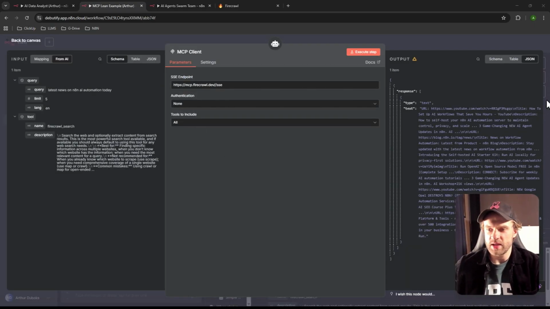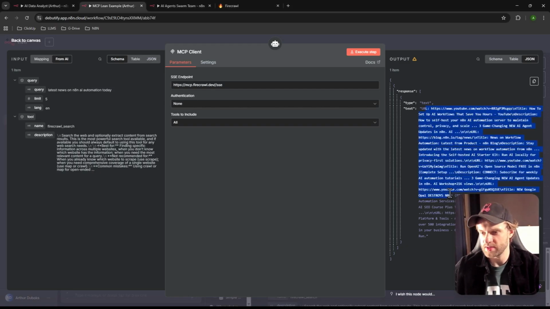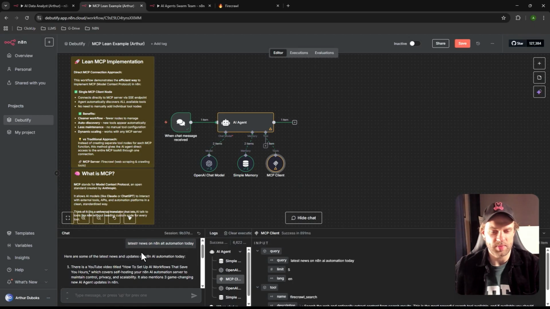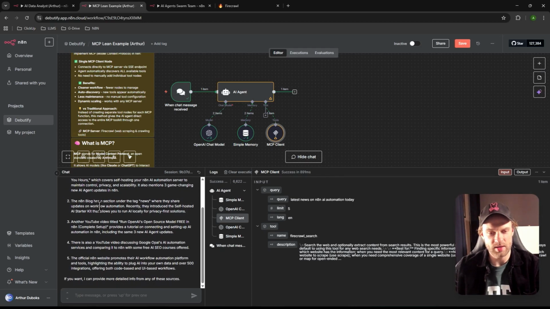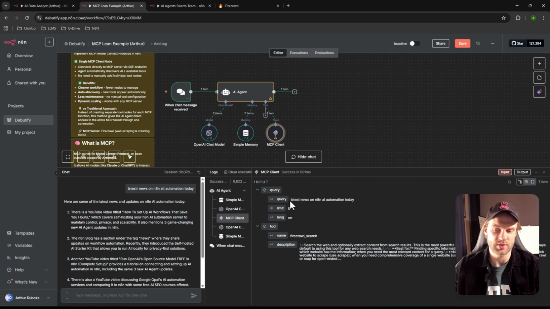So here you can see it pulled the data directly from the MCP client, guys. Here we have a type text and URL, right? Pretty awesome and simple. And then everything is processed by the agent, and it gives you a nice summary like this. So there is a YouTube video titled "How to Set Up a Workflow." So cool, it's even pulling stuff from YouTube because it's coming up on the Google search. And it unblocked a section under the tag news. And so you guys, you can see it's pretty awesome and so simple to actually use a web scraper